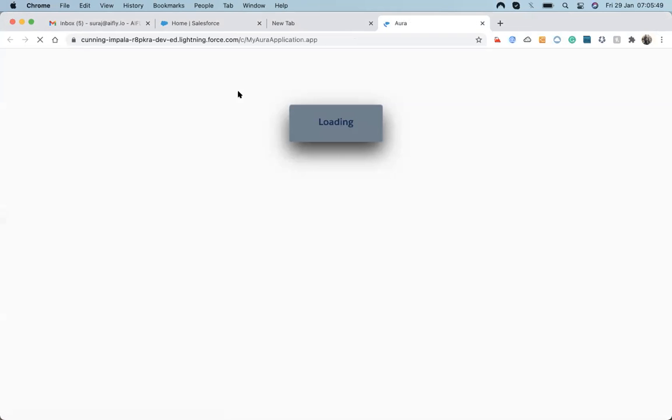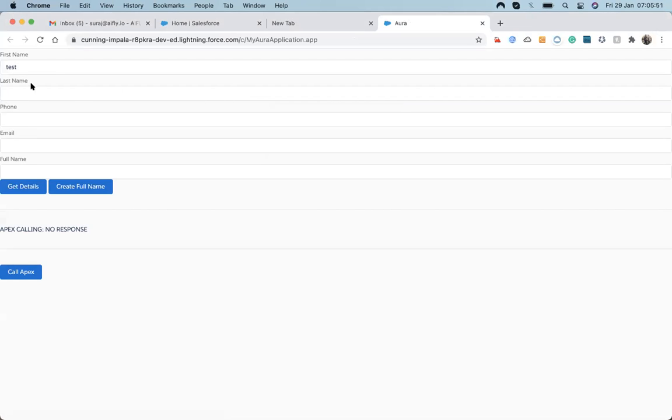We discussed how this is going to be created, how the variables are working, how we are able to call the Apex.